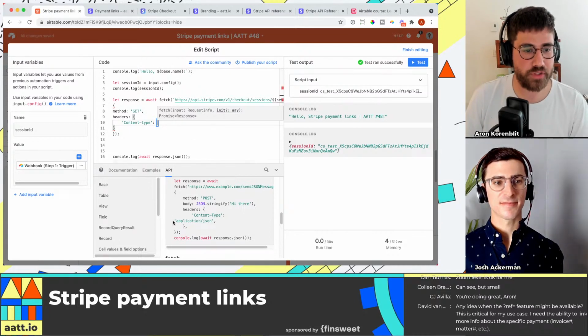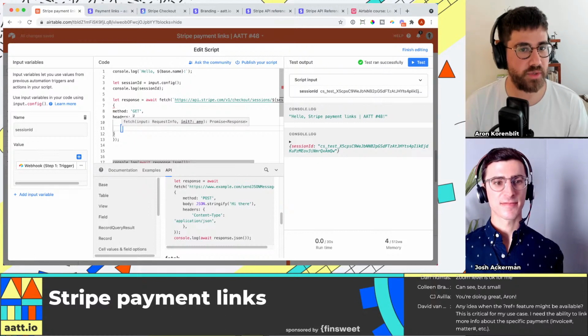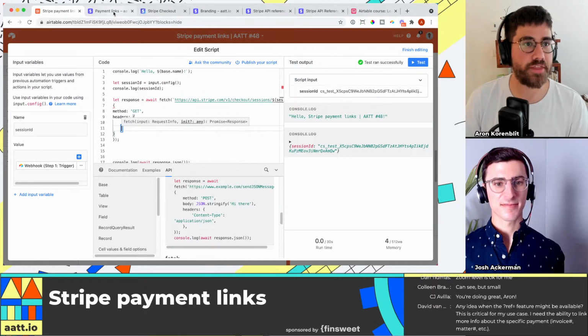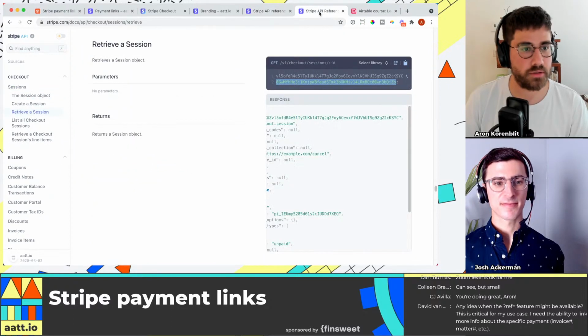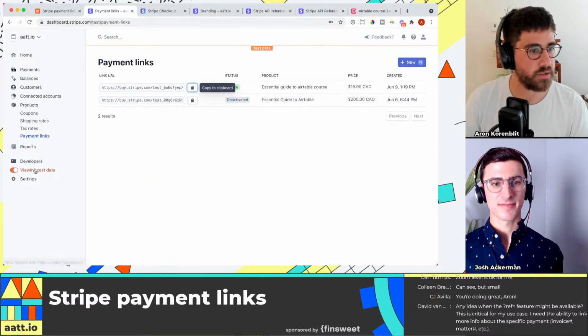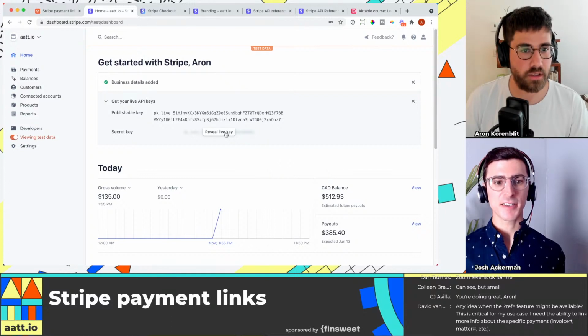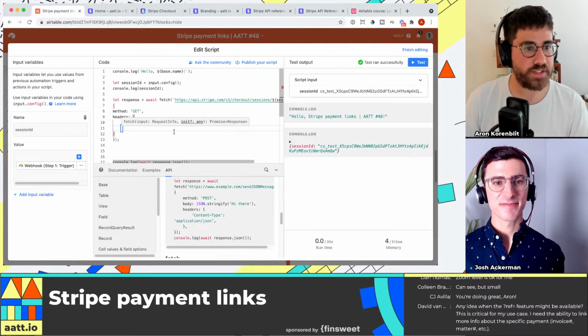And this is always, I don't know if it's always application JSON, but in this case, it's going to be this. Then the other thing we need is the authorization, which in my case, if I go to the Stripe dashboard, sorry about that, it is in home. Is it the secret key? Here you're looking for the Stripe API key. Yep, those are them. You got it. Okay, so this one right here? Yep. I just need the